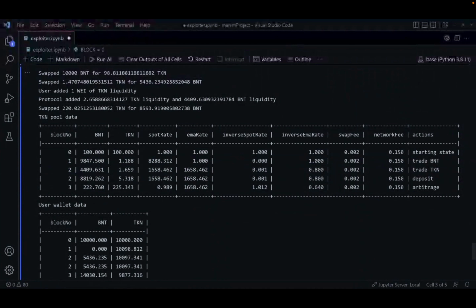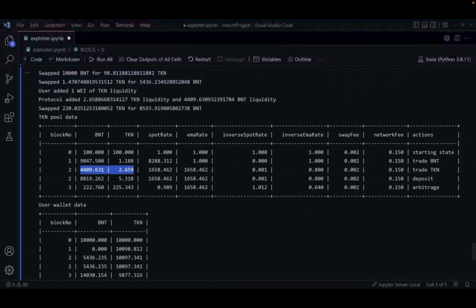Now, the second action that they take on the same block as this one, you can see that the block number 2 appears twice. So this is something that they need to bundle together. After they've performed this trade down, they're going to add some liquidity. So you can see here what they've done is just added a single wei of whatever that token liquidity is. We're assuming in this case that there is plenty of off-curve liquidity